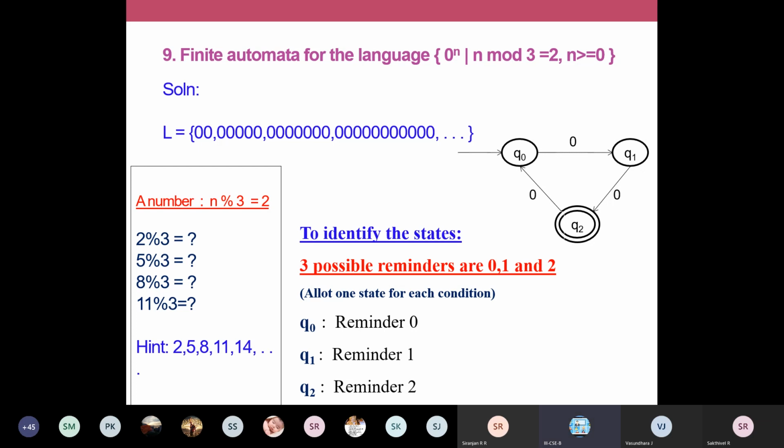2 mod 3, we will just start with these values 0, 1, 2, 3. I am thinking about the string length. If my string length is 0, string length is 1, string length is 2, what should I do? So 1 mod 3 is 1, 2 mod 3 is 2. Okay, 3 mod 3, line by line you can write 3 mod 3 is once again 0. 4 mod 3 is 1. Start writing these values in your notebook. 0 mod 3, 1 mod 3, 2 mod 3, 3 mod 3, 4 mod 3.